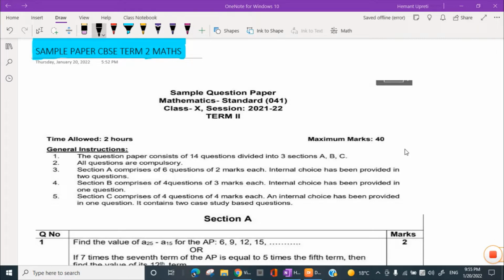और टर्म 2 में आपका एग्जामिनेशन कुछ इस तरह से होना है कि इसमें 3 सेक्शंस होंगे। सेक्शन ए में आपके 6 क्वेश्चन 2 मार्क्स के, और सेक्शन बी में 4 क्वेश्चन 3 मार्क्स के, और सेक्शन सी में 4 क्वेश्चन 4 मार्क्स के आएंगे। और इन 4 में से 2 क्वेश्चन आपके केस स्टडी के होंगे। और हर सेक्शन में, यानी कि सेक्शन ए, सेक्शन बी और सेक्शन सी में किसी एक क्वेश्चन में इंटरनल चॉइस भी होगी। तो टोटल 40 मार्क्स का क्वेश्चन पेपर आपका हो गया।